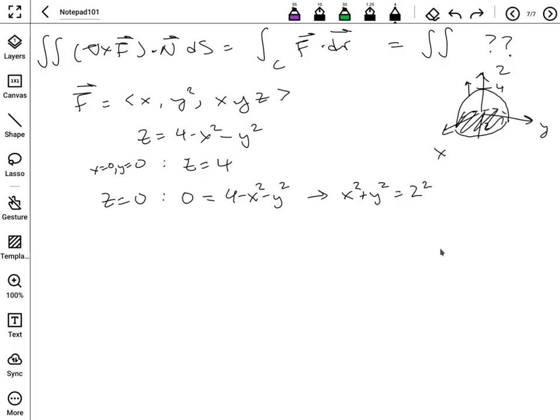Okay, so what is this problem asking me to do? They say I'm trying to calculate this integral. My surface is that bowl shape with a unit upward normal vector. So given this z, I could calculate that fx, fy normal vector and compute the curl and evaluate everything. Or I could convert it to a line integral. Normally we go the opposite direction because line integrals are kind of hard, but